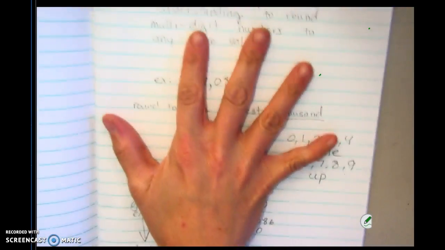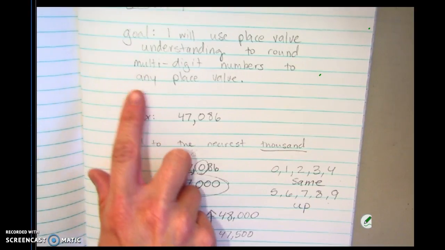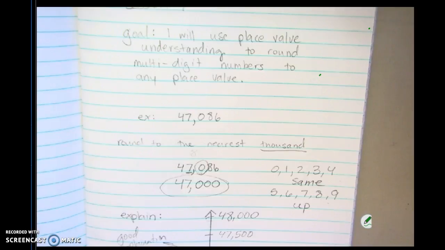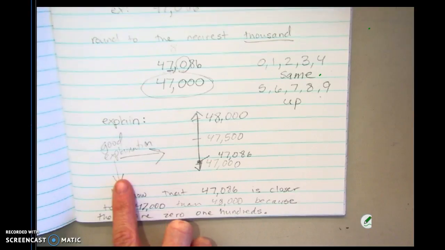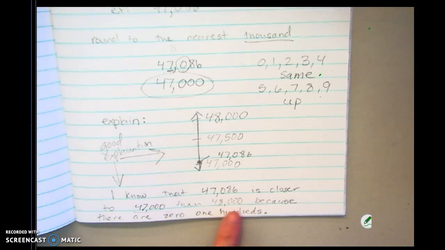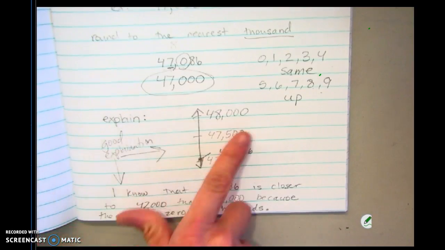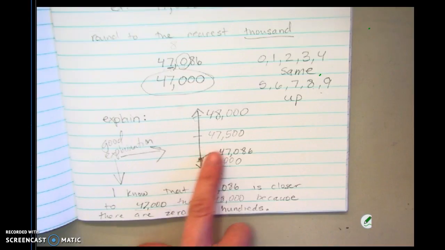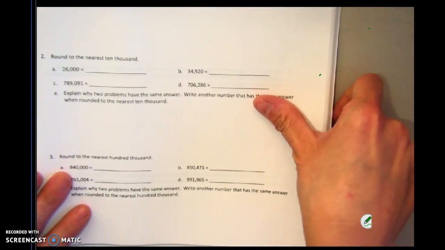These are the notes we went ahead and just took on lesson 9, reminding that we are working with our place value. We're rounding to multi-digit numbers in any place value. We've talked about what good explanations look like. They're specific and they incorporate some of our math vocabulary in them. If I'm drawing a picture to explain it, I want to make sure that I label the parts of the picture as an explanation too. Get it? Awesome. I'm going to go ahead and just set this to the side because I can still use it as an example. And on page 49 in our problem set,